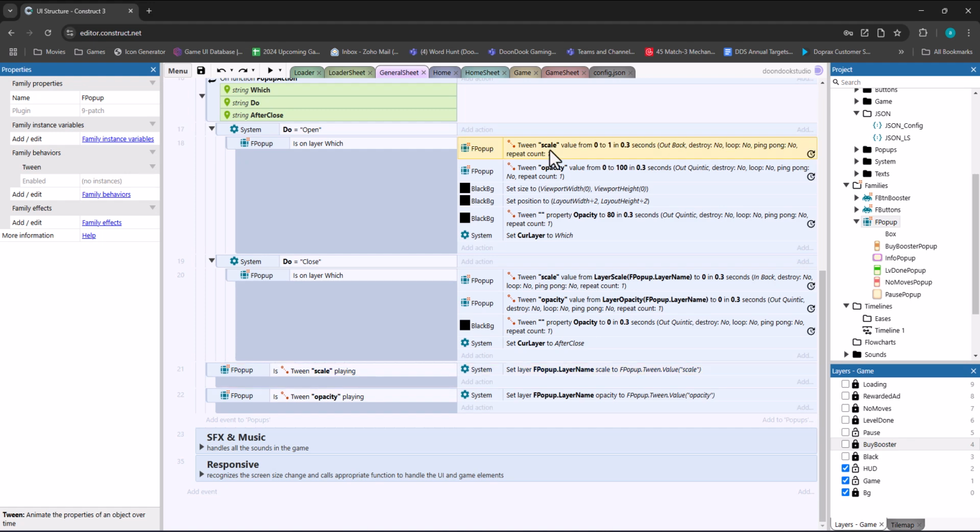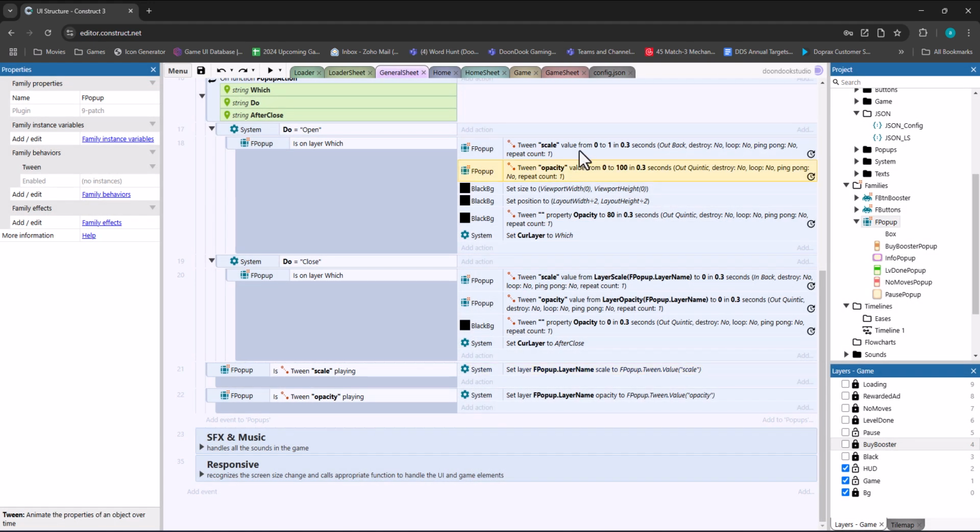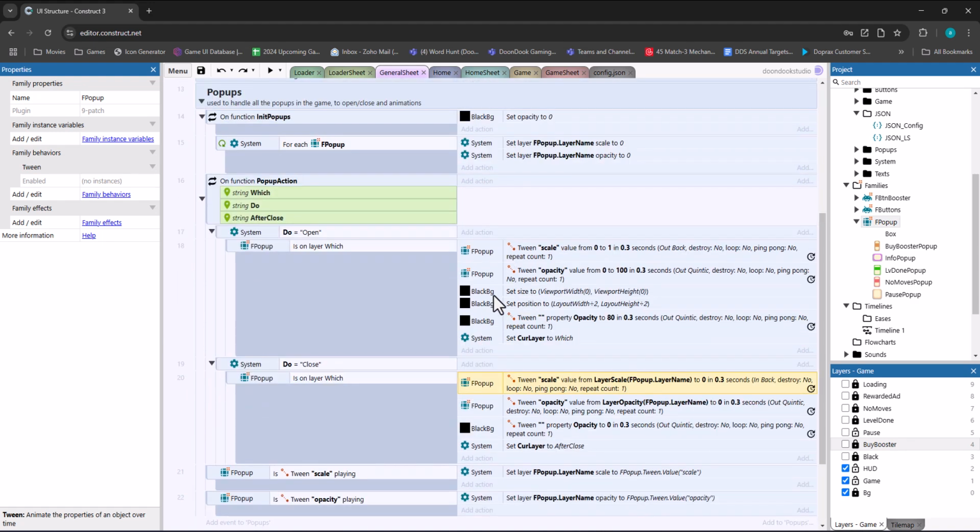So when we say a scale from 0 to 1 in 0.3 seconds, meaning that change the layer's scale of that pop-up to the value of the tween. You can see that here, fpopup.layer name, and the scale must be fpopup.tween.value of tag scale. So this is for opening, this is for closing, and also we have a black BG